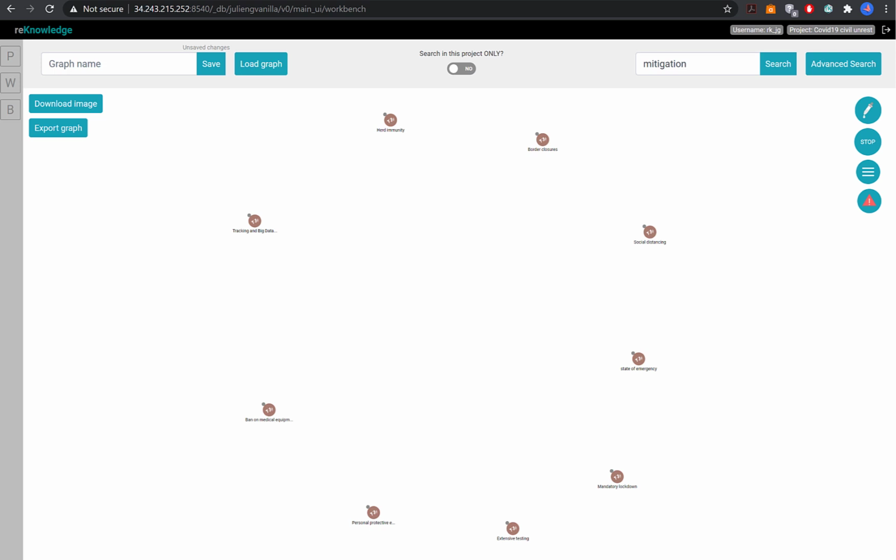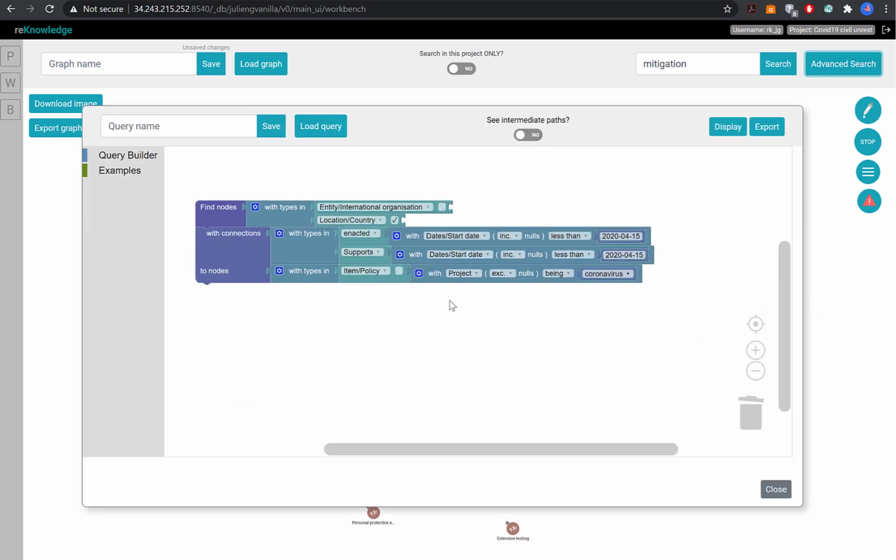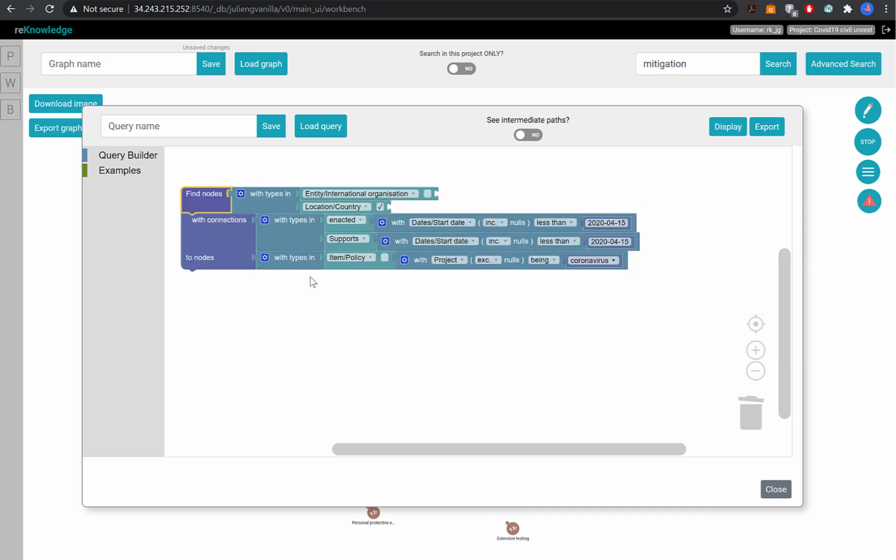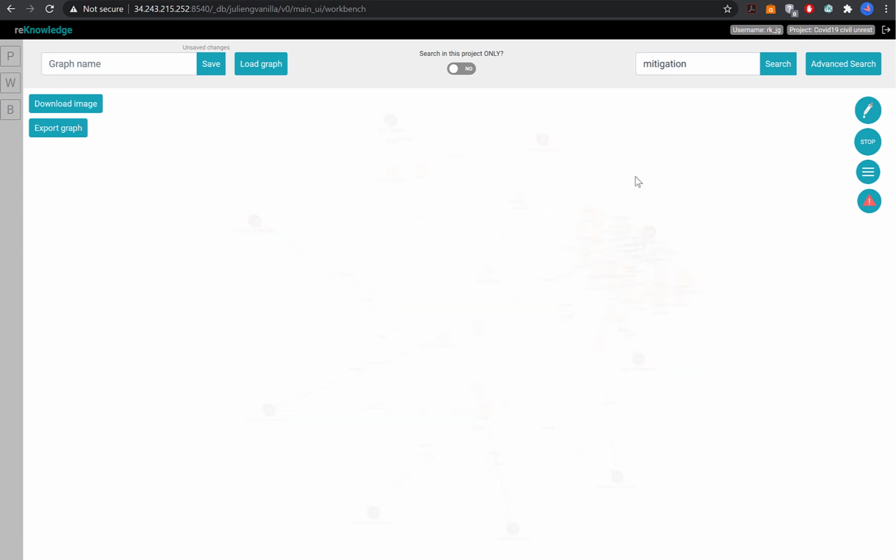So here I've already mapped all the policies that I've identified, and now I'm going to use my advanced search to look for connection between those policies and any countries or international organization with a specific type of connection, so enacted or support, and then with a specific property. So here we're looking for all the connections, say before mid-February. So this way we will see how many countries have implemented what measures by mid-February, and we can display the